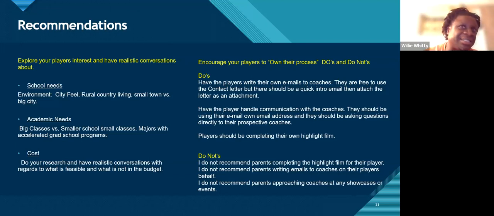I like this because of this. I like this because of that. Coaches will absolutely ask. Highlight films are not going to be the end all be all, but they're going to check in to see how does the player think that actual highlight went for them? What do they think was good about it? So if you're doing stuff for them, oh, I like this, I'm putting it in, I'm sending it, because I think it's a good highlight, be very careful of that, because coaches are going to check in. Make sure the player is a big part of that process.